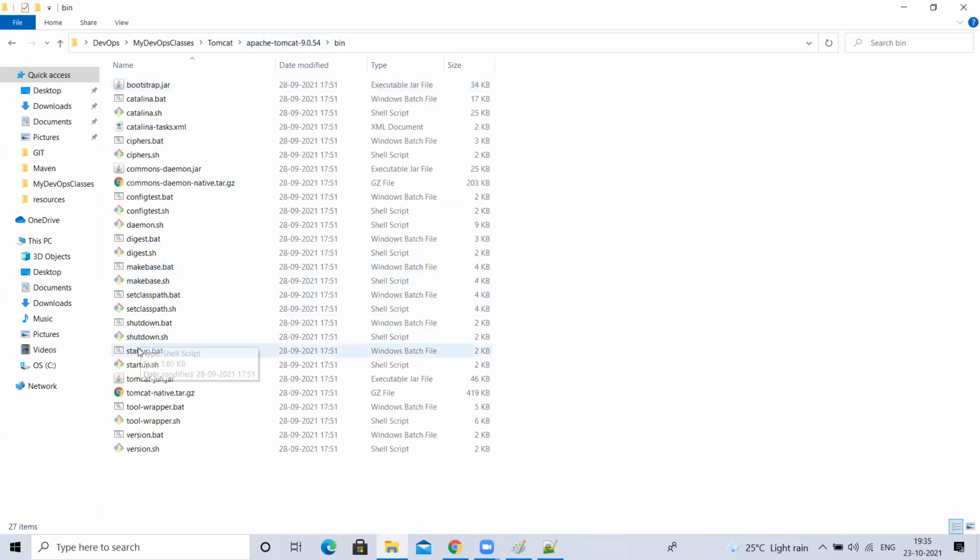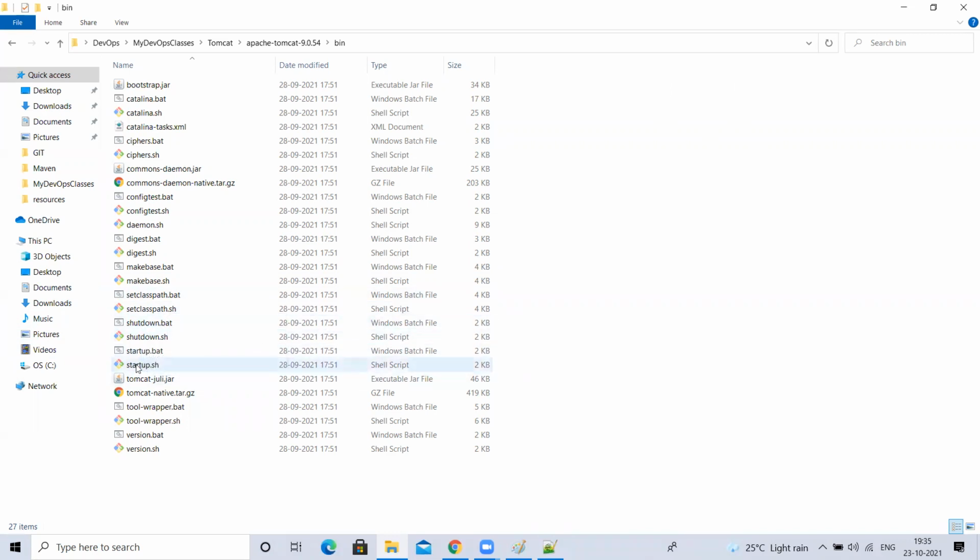I already stopped it, right? But closing the browser is not the way to stop Tomcat. In real time, we'll use a different way. I said start and stop of Tomcat is different in real time. I'll show you that, don't worry. For now, I'm just showing it for practice purposes. I close the terminal pop-up. So my Tomcat got stopped.